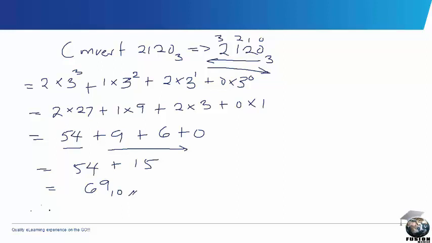So therefore, whichever method you use, you will always obtain 2120 base 3 to base 10 as 69 base 10. All right, we'll take one more example and we will talk of how to convert base 10 numbers to other bases. Now let's take one more example. Example 2. Assuming we intend to convert base numbers like we had previously, like